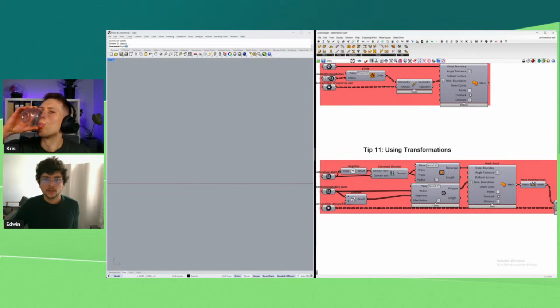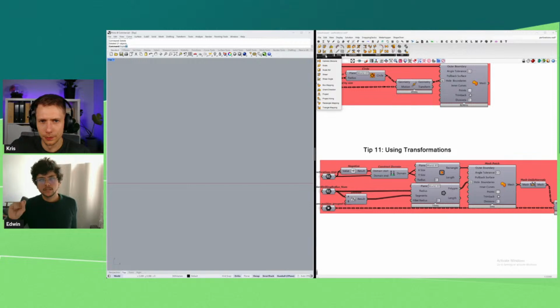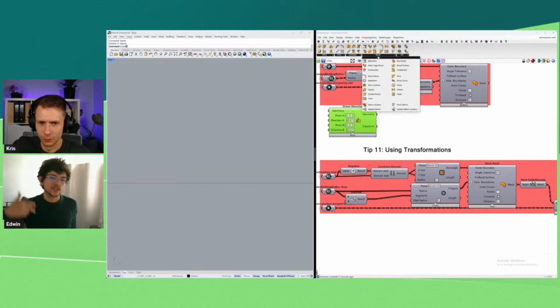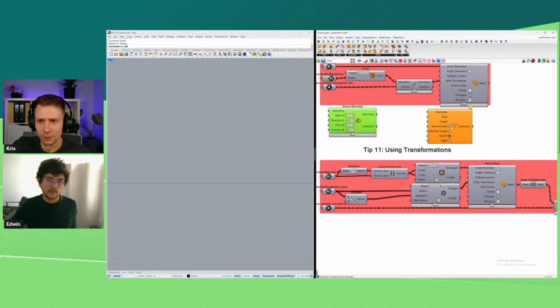Yeah, so here in the transform section, when we are talking about transformations, you always have to look at whether your component has this output transform. If it doesn't have this output transform, then the component is doing something more than just transforming. If you take a flow, for example, it doesn't have that output, so it is actually changing your geometry fundamentally. Whereas when it has this transform, all it's doing is changing the coordinates, changing the position, maybe just stretching or scaling it, but it's not fundamentally changing the geometry. So you're always looking for this transform output.